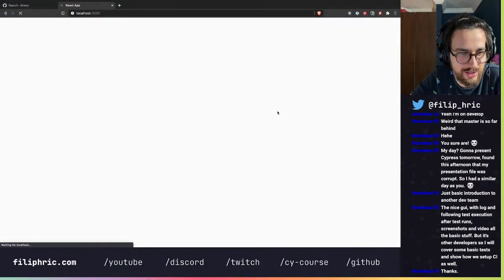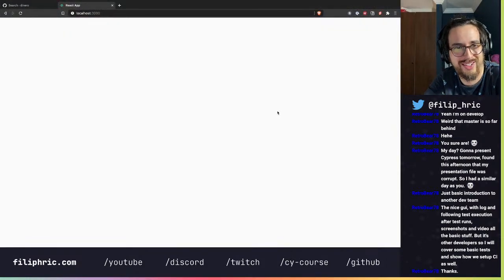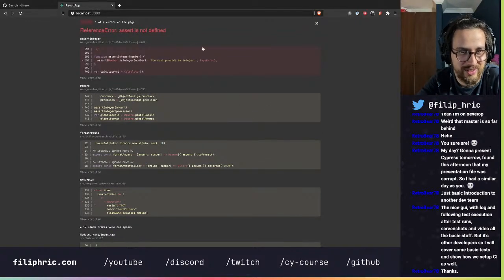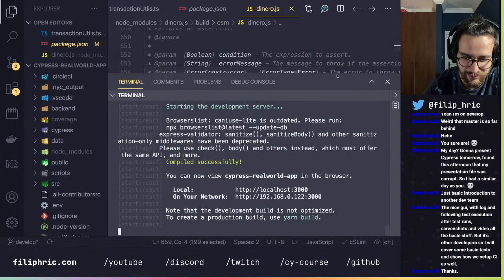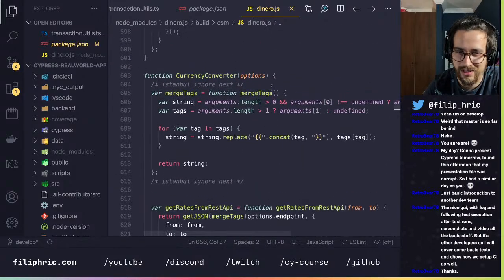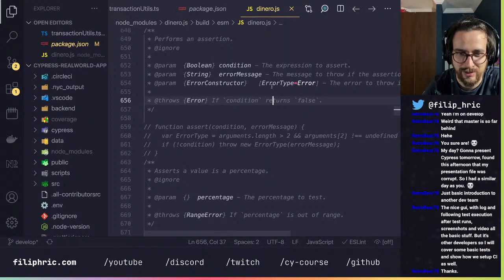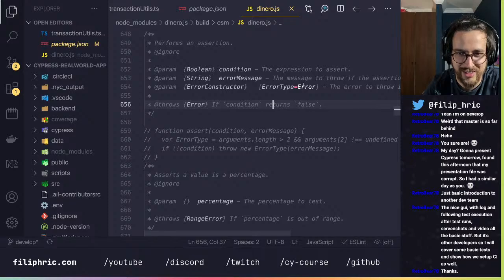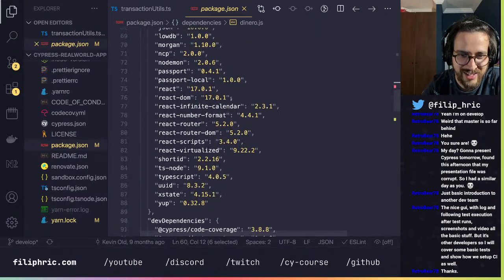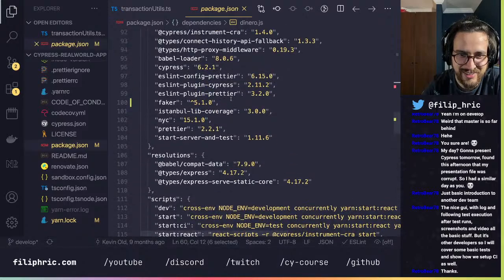And today I was planning on exploring the real world app by Cypress. Okay, seems we're now at a different error. But what I'm exploring is the different modules it uses. And I'm pretty sure I'm doing something wrong and I'm going to just slap my forehead today when I find out what I did.